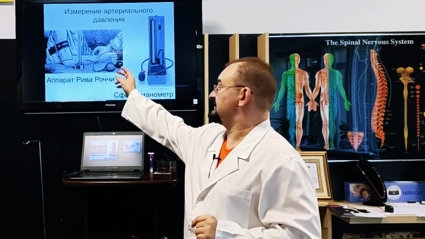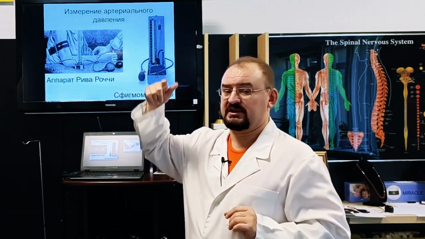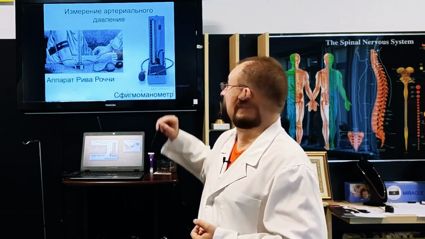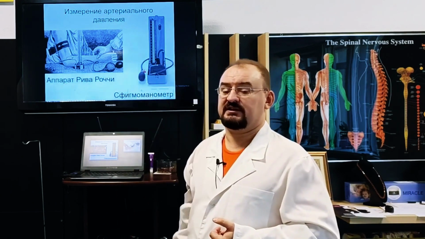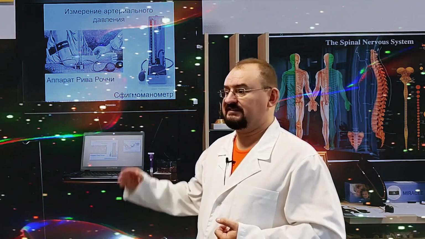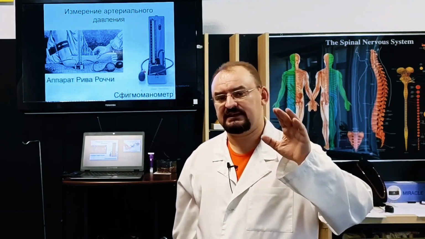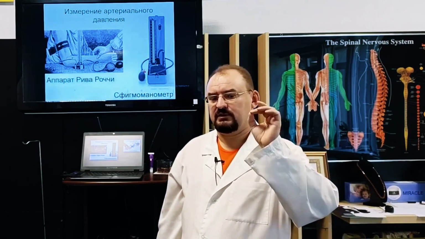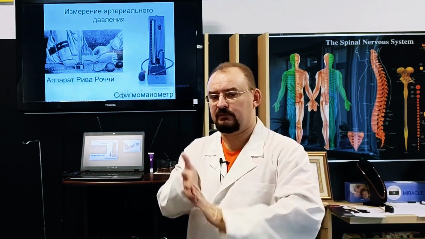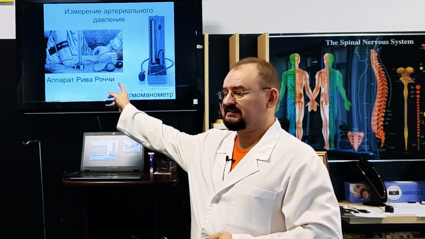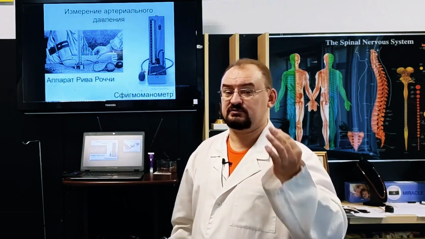That is, at the moment when we have completely stopped the blood flow, the very first moment when blood starts to break through the artery compressed by the cuff, we note this on the mercury column where I record the systolic blood pressure. So let's say we pumped it up to 160, 170, and now I'm releasing it: 150, 140, 130, 125, there, 120. And I can already hear and feel how the first pulse wave starts to break through. This is when the systolic arterial pressure is recorded.